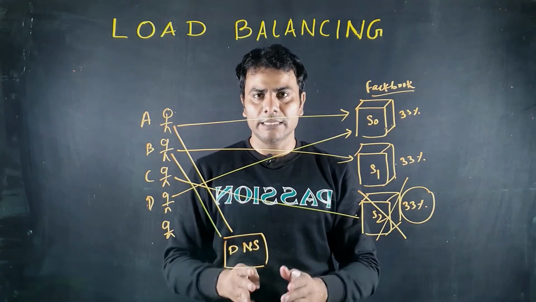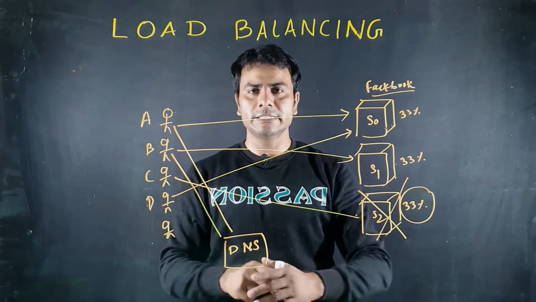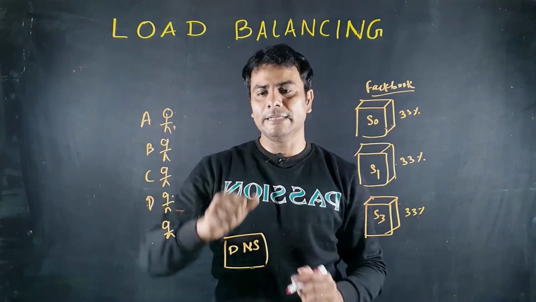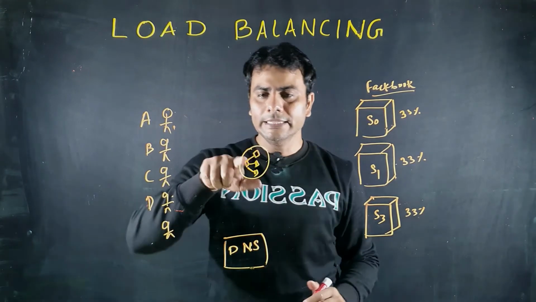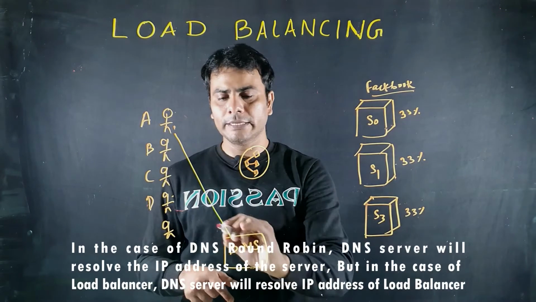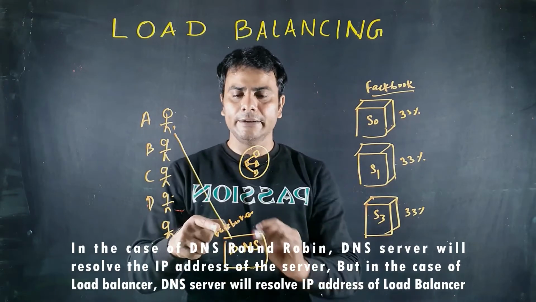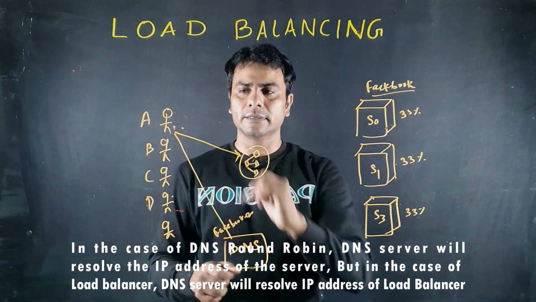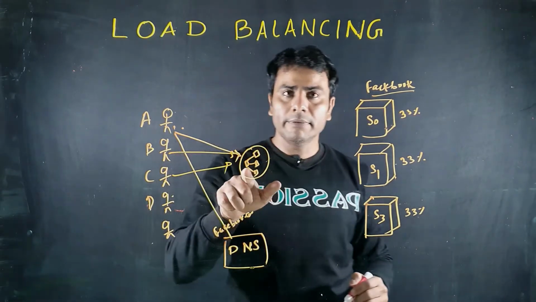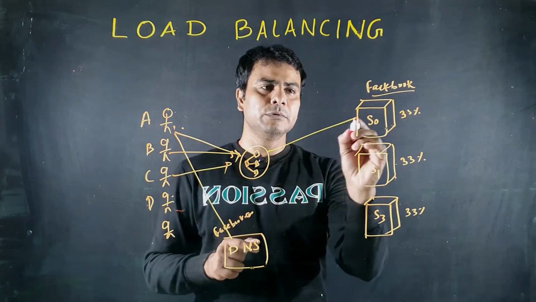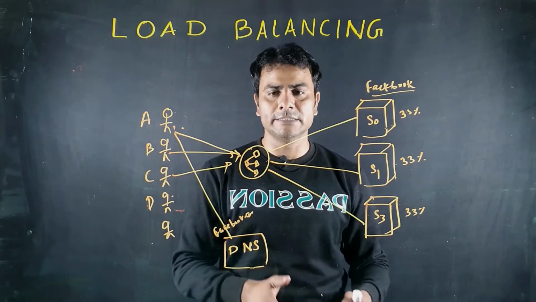In that case, a load balancer will be very handy, as it distributes the load across the different servers. Let us understand how the load balancer works. The load balancer sits between the user and the servers. The user makes a first call to the DNS server. If they want to connect to the Facebook application, the DNS server will resolve the IP address of the load balancer. So for all users, the DNS server will resolve the IP address of the load balancer. The load balancer is responsible for distributing the load on the servers using different algorithms, which I am going to cover in this video.